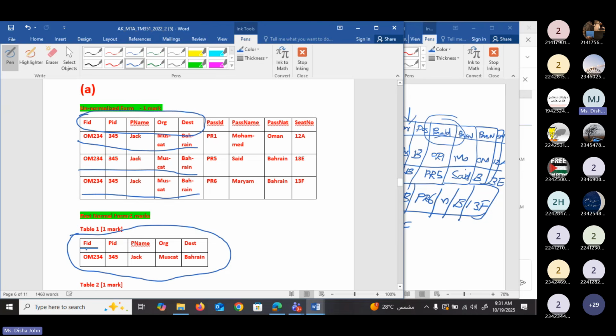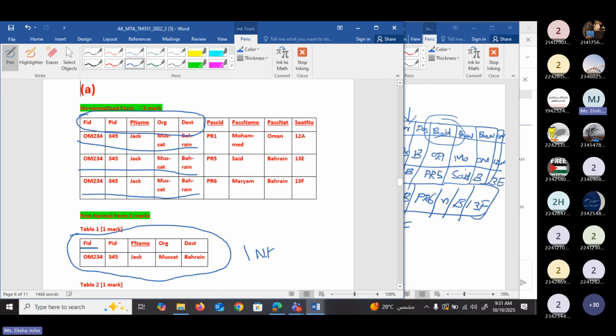Okay, and here we took flight ID as the primary key. To indicate this as the primary key, you need to underline it. So flight ID is underlined, which means that this is the primary key of this table. If you look at this table, we have only one row, so we can say that none of the values are repeating. If there is a primary key, each column has a single value, and no rows are repeating, so we can say that this table is in 1NF.